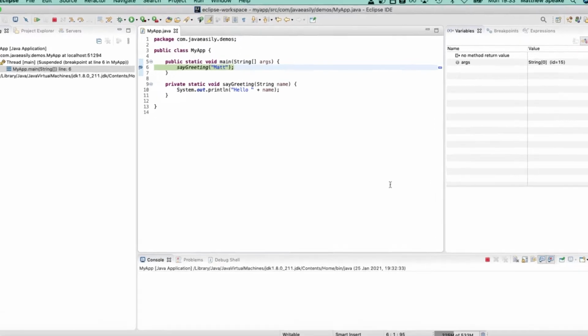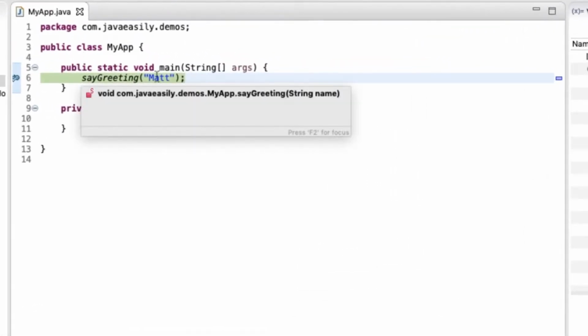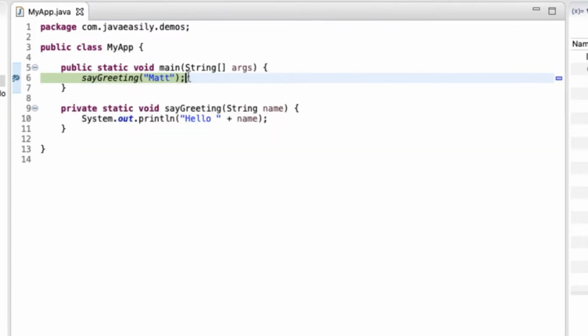Just notice the fact that what we've actually got here now is the program is suspended just before it executes this line. So when it's put this highlight in here, it's highlighted this line. What that means is I've stopped here just before I execute this line, before I run this particular line or do this method call in this case. And it's effectively saying, well, what do you want me to do? It's not going to do anything unless we do something at this point.